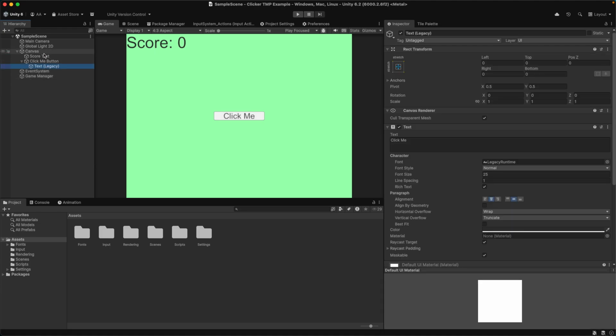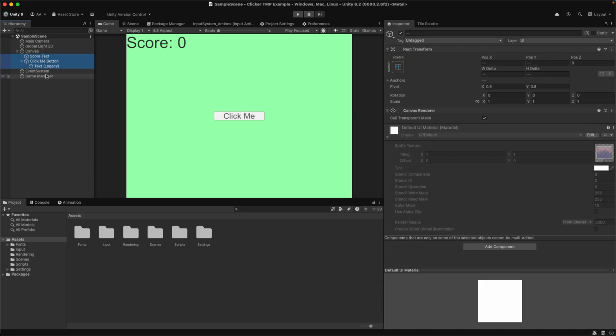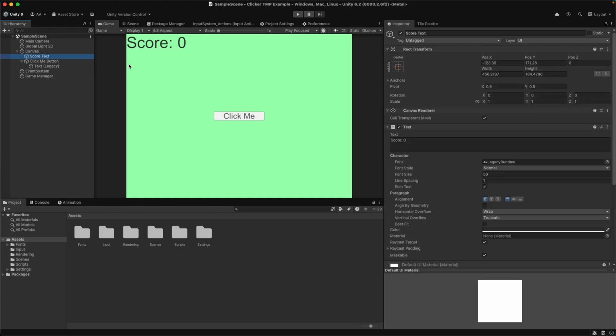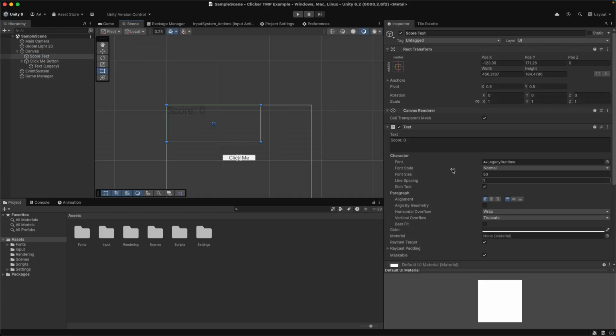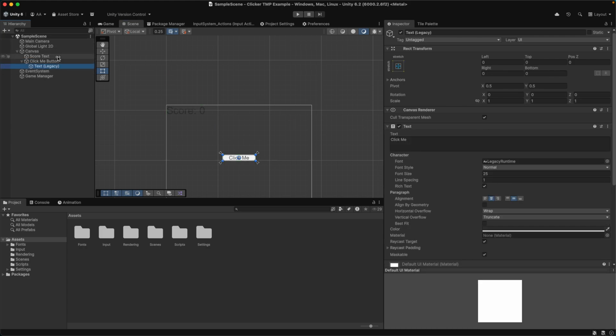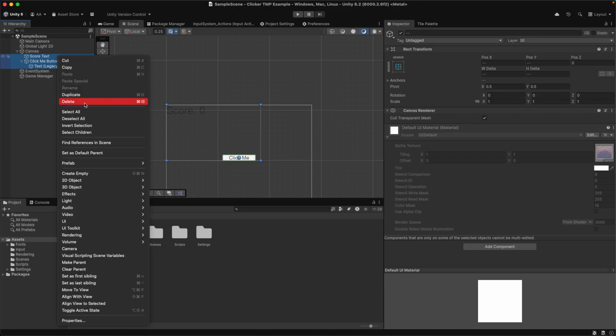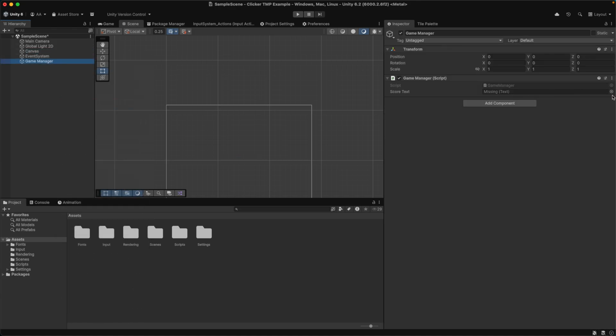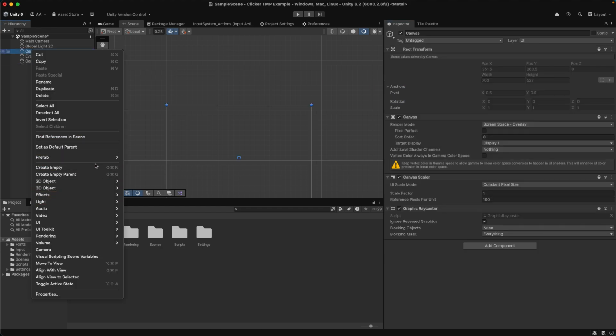Anyways, first thing that you're going to want to do is delete all your old text. Delete all your old legacy stuff. For example, my score text, that's legacy, and then my click me button and text, that's all legacy text. So I'm going to delete all of this, and now I'm going to make it much better. And the way that I'm going to do this is by right-clicking on my canvas, and then for every one of my old text, I'm going to replace that with UI